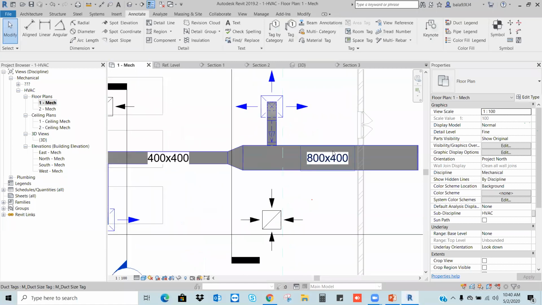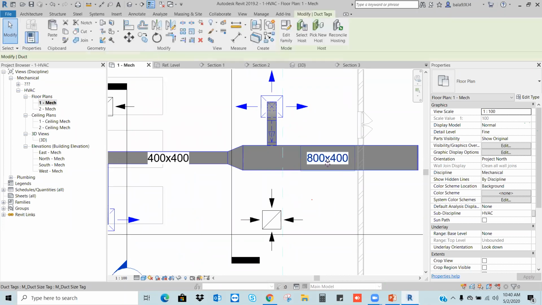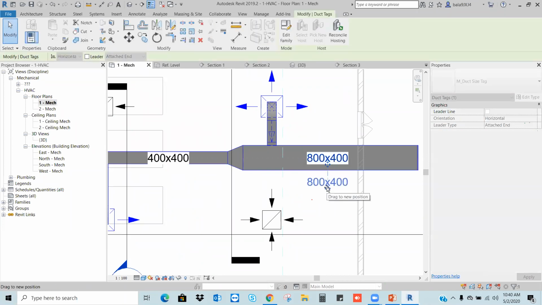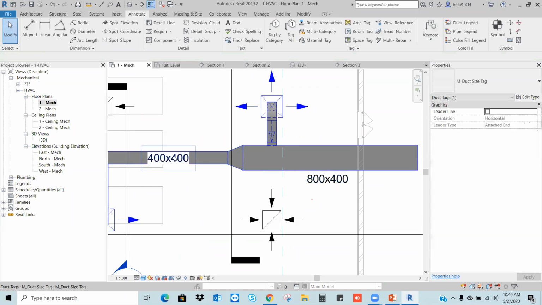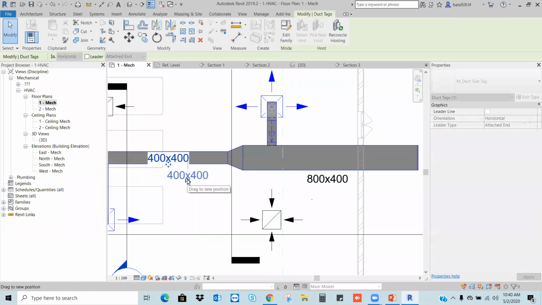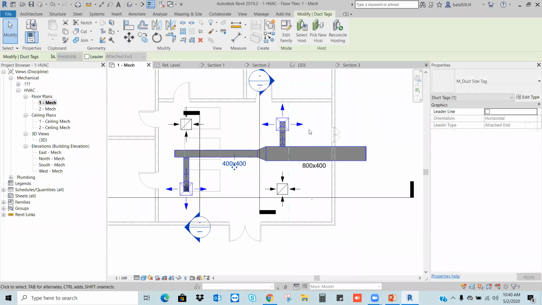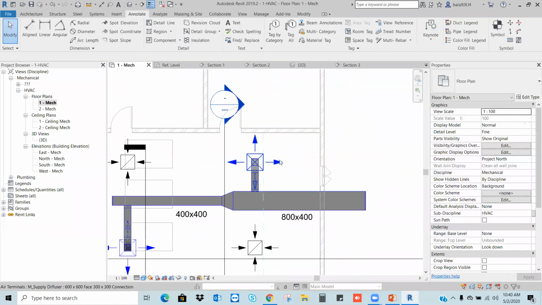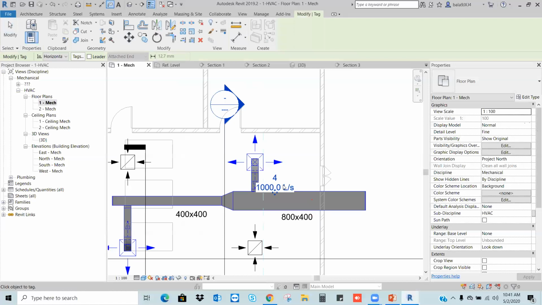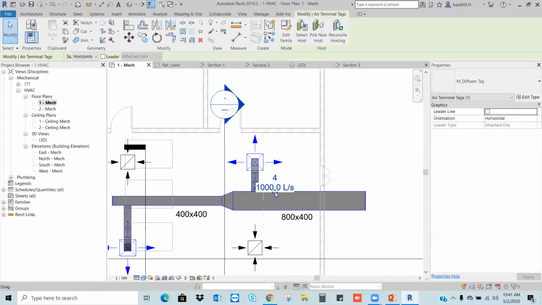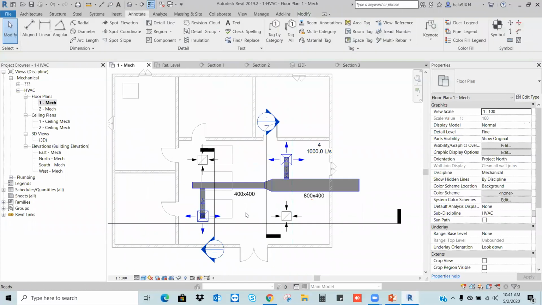Wherever you want, we can place it. Select the tag. You can adjust also. If you want to place the airflow information, again tag by category, click on diffuser number and liters per second.